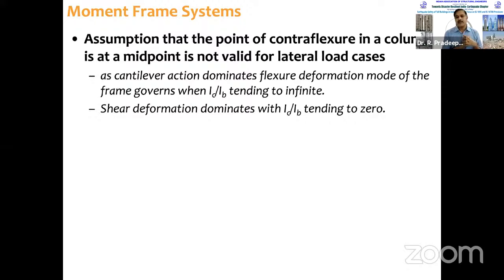And if shear behavior is there, shear behavior dominates. When will it dominate? If IC by IB tends to 0, that means the column moment of inertia is less, or the beam moment of inertia is very large. That means the L by D ratio is